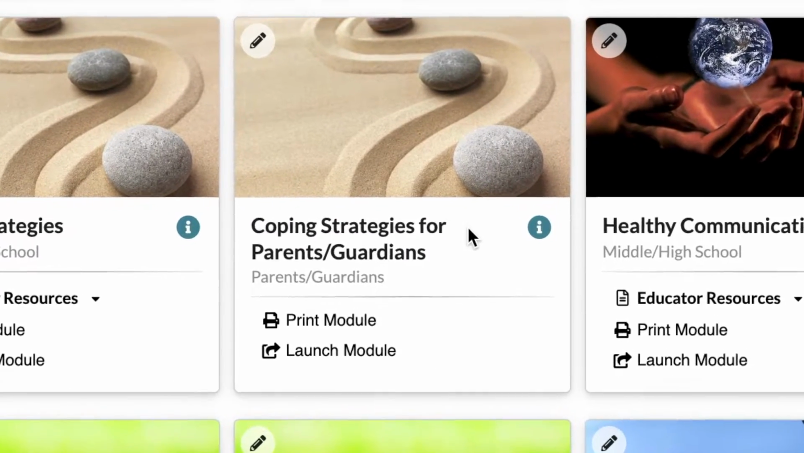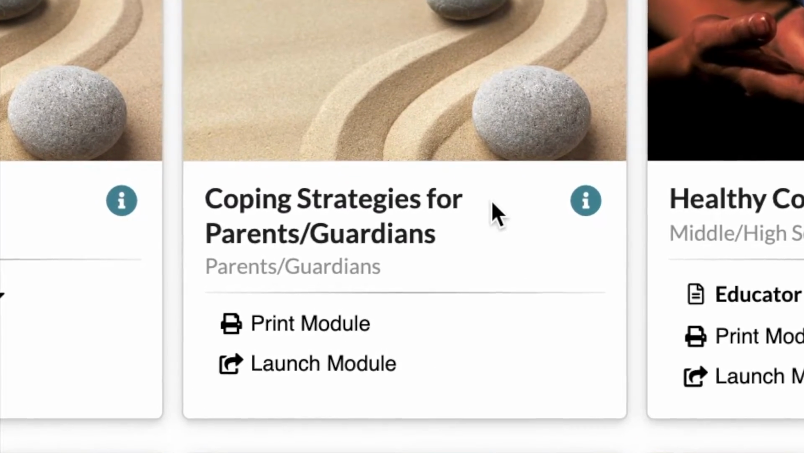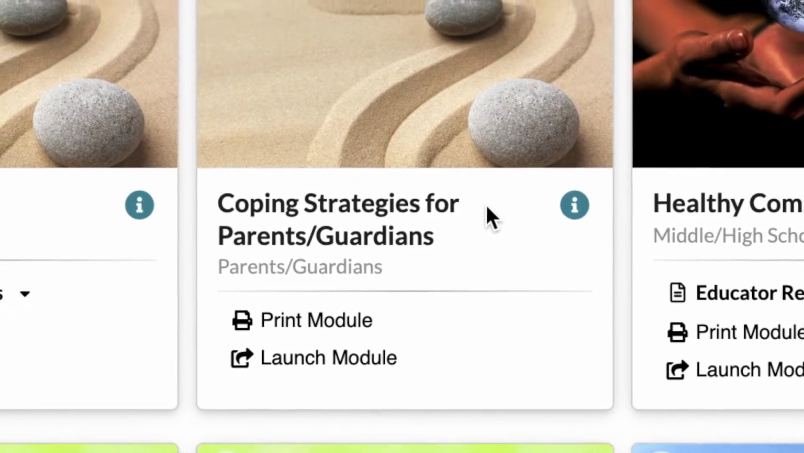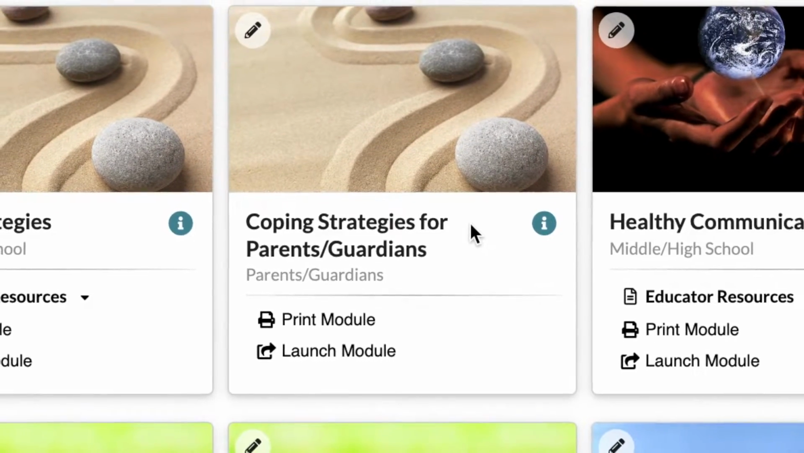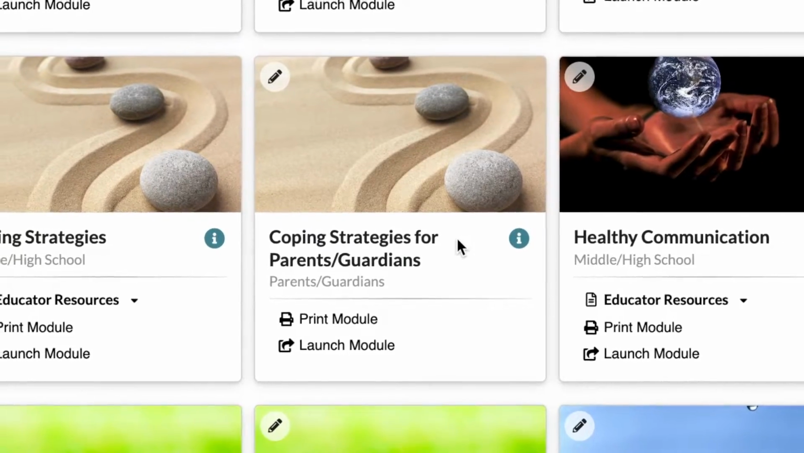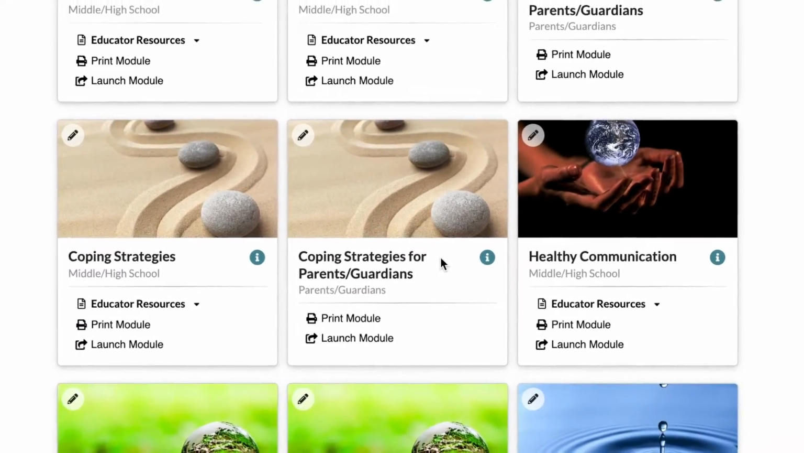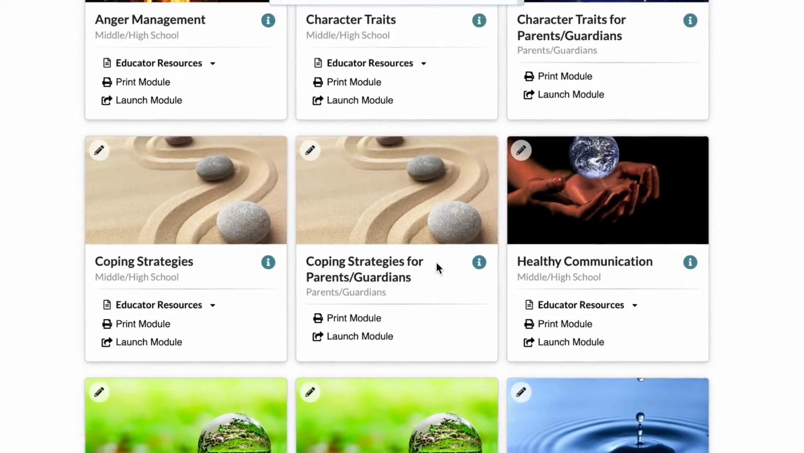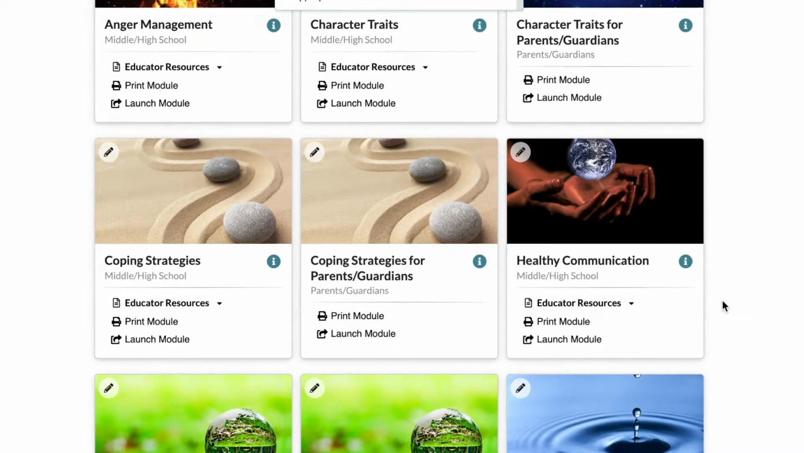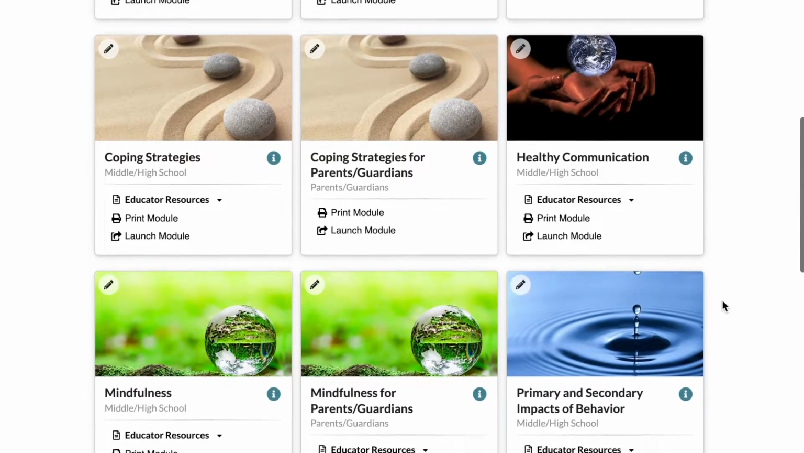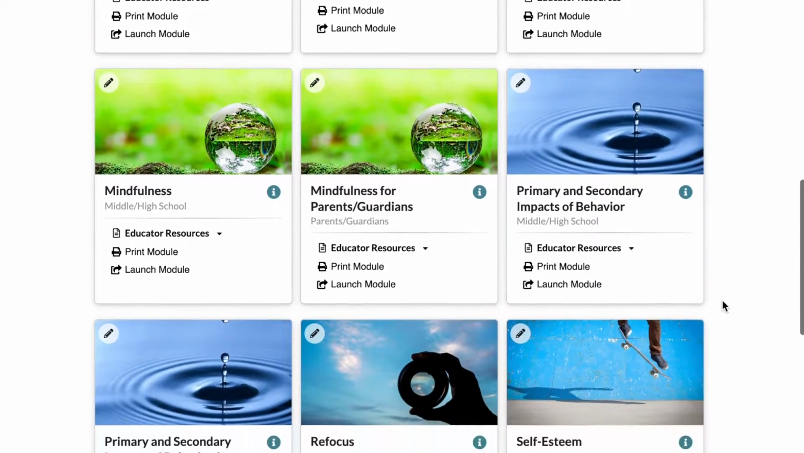You can push these out to parents who will have their own login user information and can learn the same topics that their students are learning. Again, providing the same common language to allow those conversations to happen easily at home, but also to help your parents and guardians understand the mind and the brain and the biology of what their teenage students are going through and